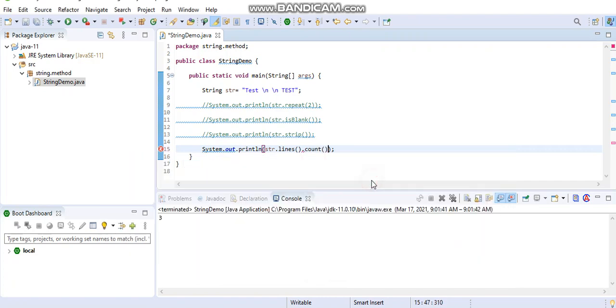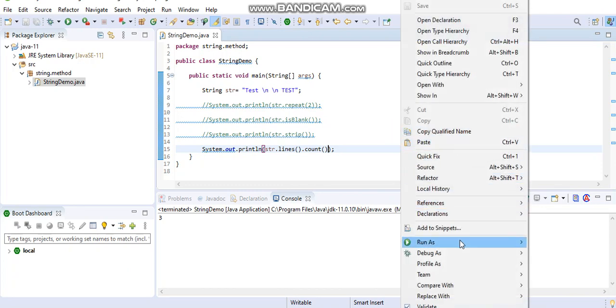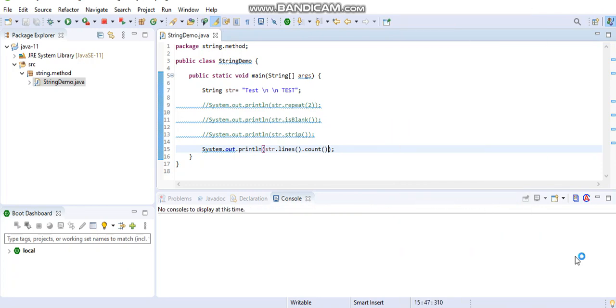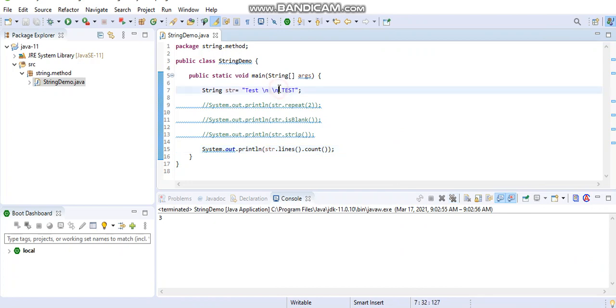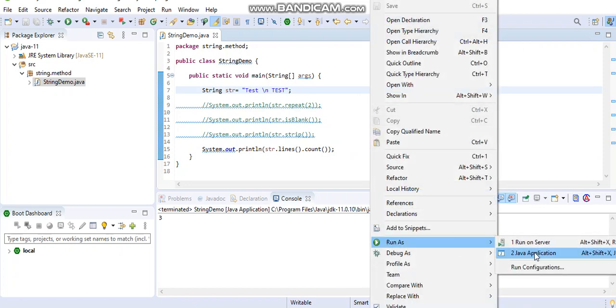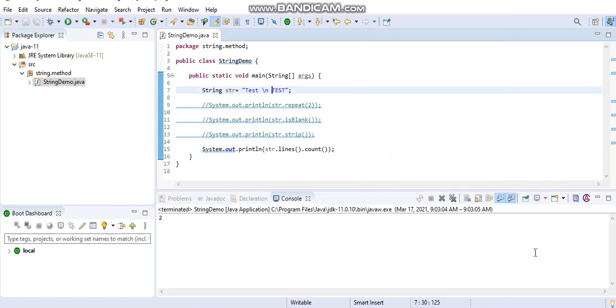So you can see the count, of course we get a count of 3, and if I remove one backslash n, now we get a count of 2. This is the functionality of the lines method, and over the lines you can also perform a lot of operations. Now I'll ask you to please play with the other methods by yourself.